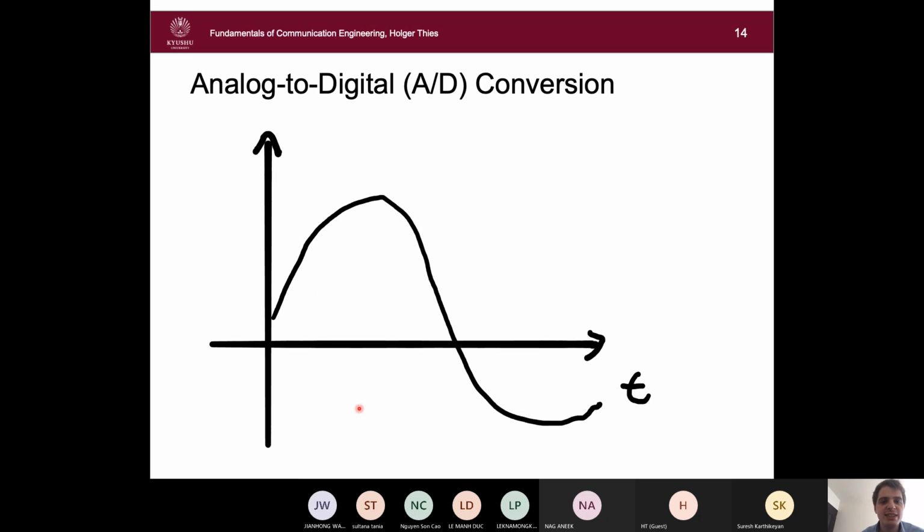But one important thing to remember is that digital signals actually do not really exist in the physical world. If we send a signal through a channel, it will always be analog. It will always be an electromagnetic wave, which is analog. So we cannot really send a digital signal, and all the signals we have in nature, like voice and so on, will always be analog signals.